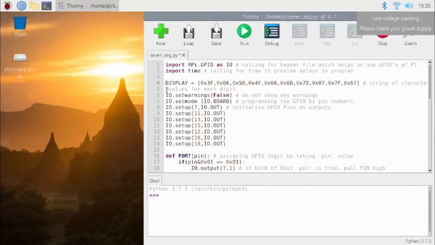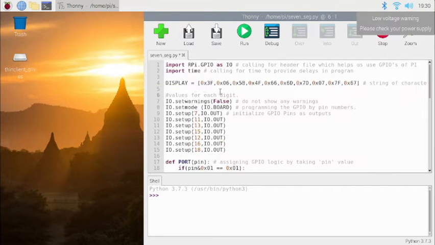As we have discussed earlier, you have to create a lookup table. So here you can see those same values are there: 3f, 06, 5b, 4f, 66, right? And in the same way you can also prepare values for other digits. So this is for 0, 1, 2, 3, 4, 5, 6, 7, 8 and 9. To display digit 9 you have to give this value on specific pins, right?